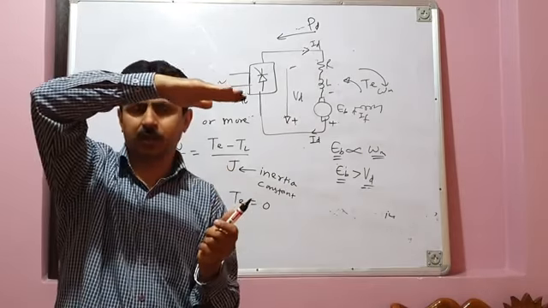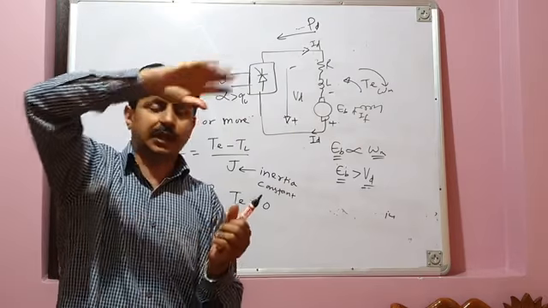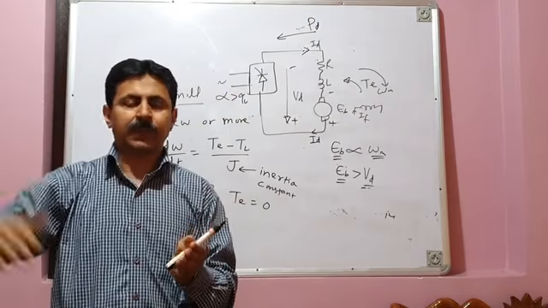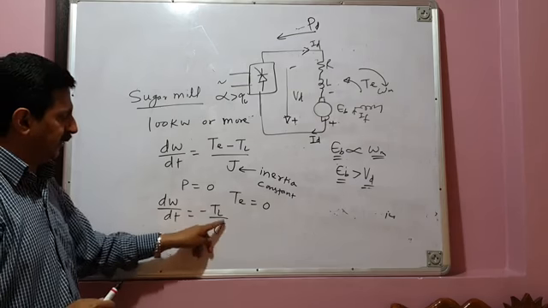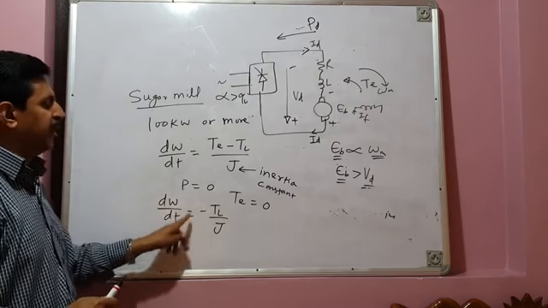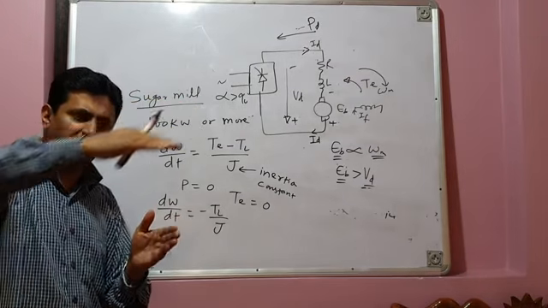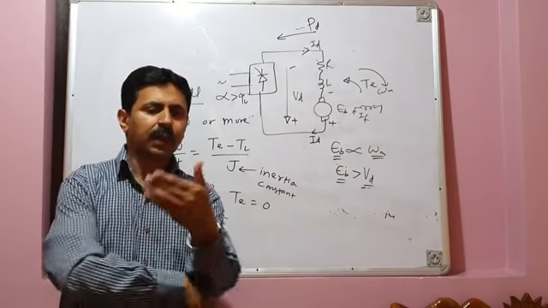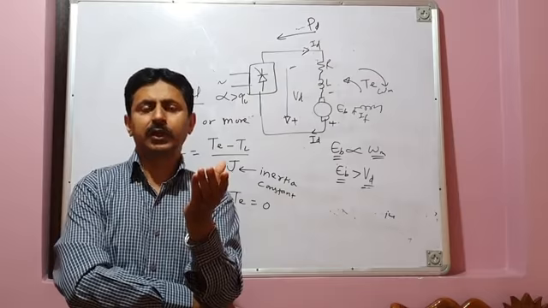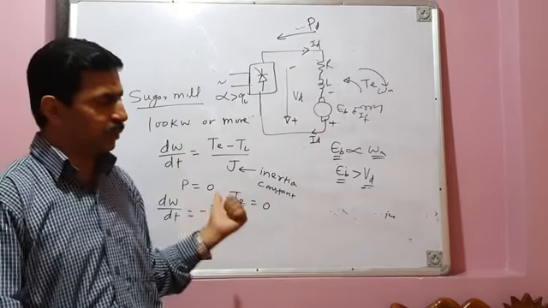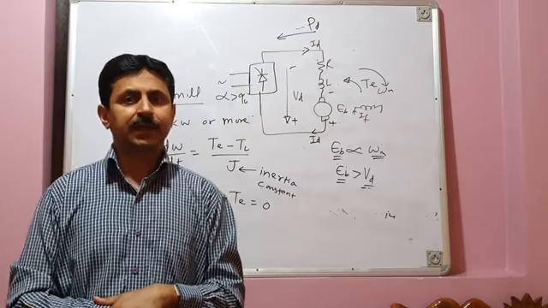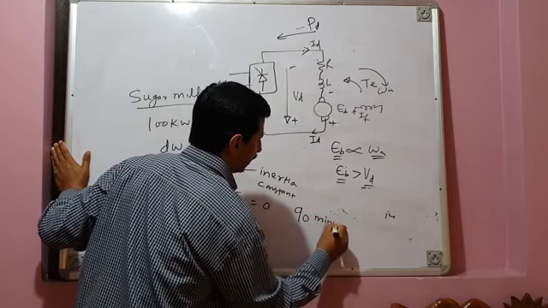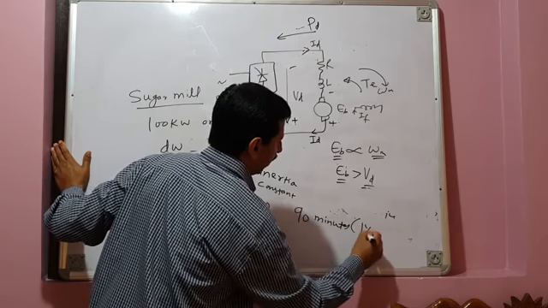Previously the motor was running and the load was running at full speed. Now you have switched off the supply, and the motor and load start decelerating at a very low rate. The rate of fall of speed is very, very slow because J of the load is very high. Let me share one very important fact with you. It is reported that in a sugar mill, if you stop the load and motor like this, it takes about 90 minutes for the motor and its load to stop. 90 minutes, which means 1.5 hours.